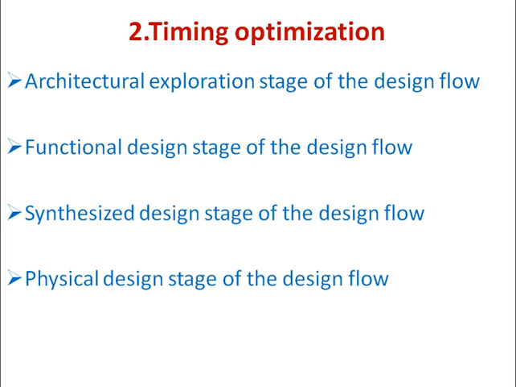Here, directives and constraints are given to the synthesis tool to optimize timing of the detailed design, and we then analyze the resulting synthesized circuit to verify if the timing constraints are met. If they are not, we might revise the directives and constraints and re-synthesize. If we are unable to meet constraints through this iterative process, we need to revisit earlier stages of the design flow and make larger changes to the design at higher levels of abstraction.